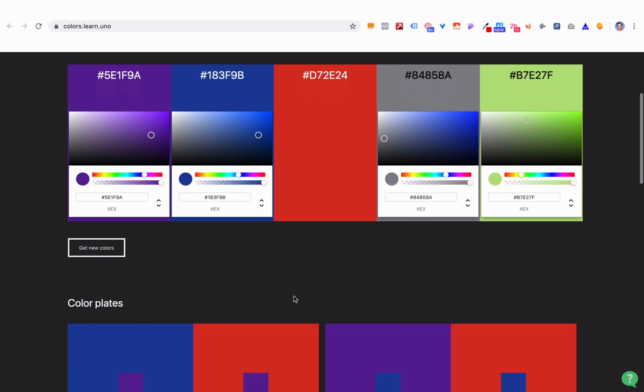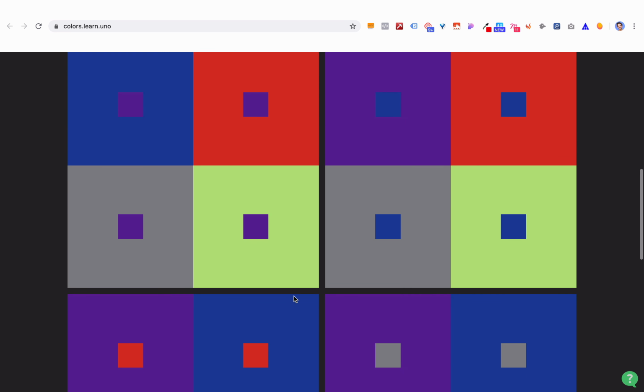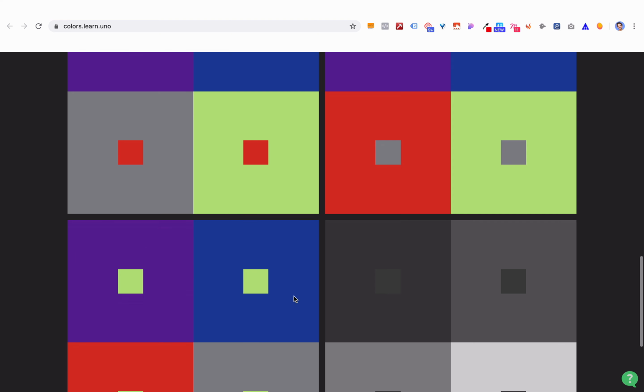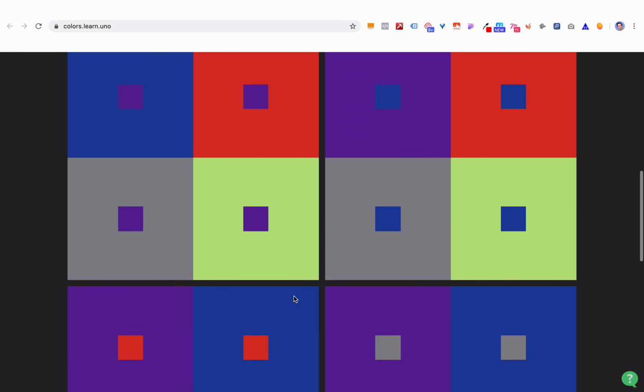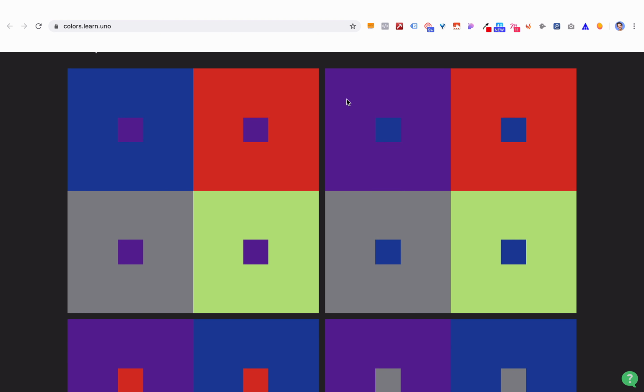Now what you can do is you can scroll down here and see which colors look really good together. So right off the bat, to me, this makes my eyes vibrate, right? This purple with this blue in the middle of it. So I would not use that. On the other hand, I think something like this looks really good. All right, and it's a little bit muted. It's something that I wouldn't use to stand out,